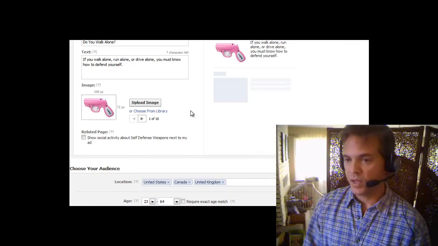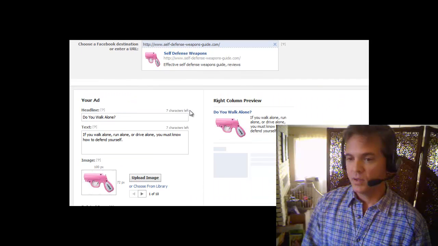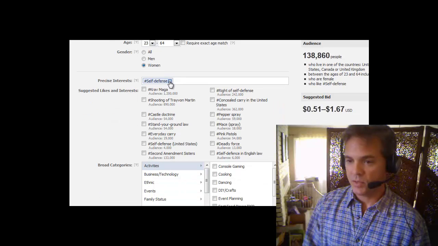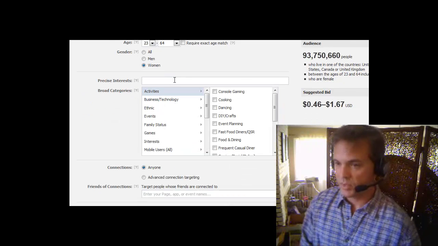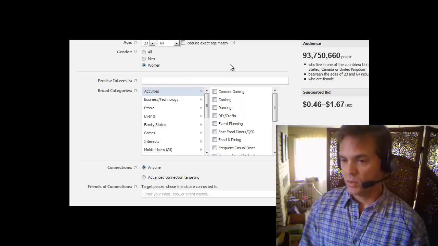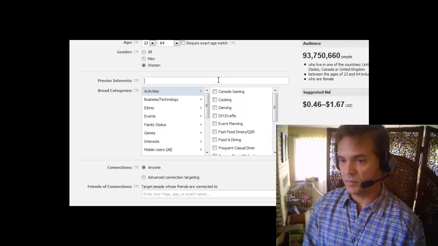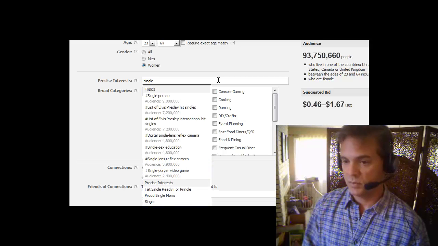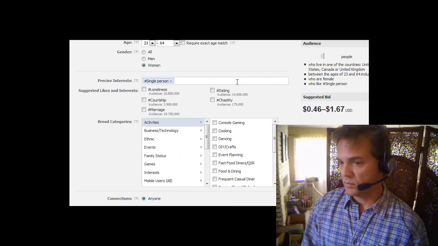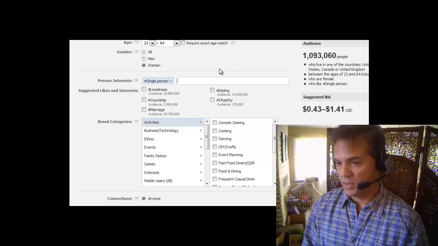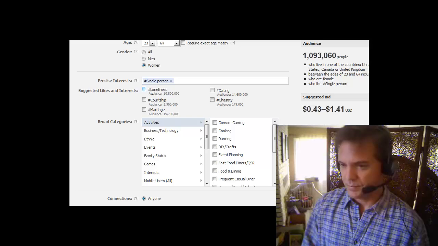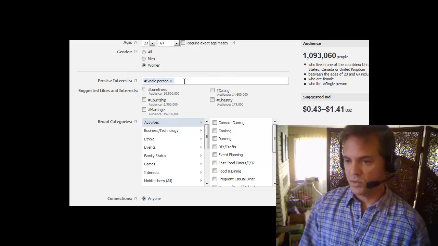And then I would create another ad for, so I'm going to take out self-defense and try something else. So women who are interested in defending themselves, who work alone, maybe they're just single. So single person. Okay, that might work. Loneliness. Okay, so the idea here is just to start playing with interests that people might be interested in your niche